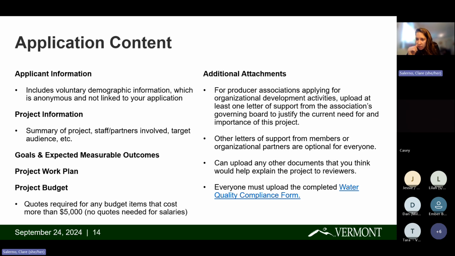I see, Vern, your question is if the president of the board is the primary applicant, who should write the required letter? That is a good question. I think you would want the letter signed by another board member, to show that it's a collaborative piece approved by the board. But we can also talk offline about that, Vern.